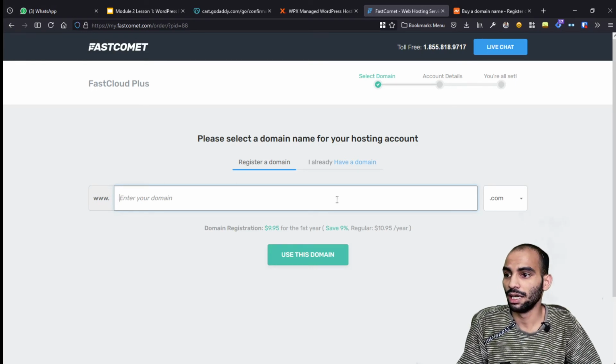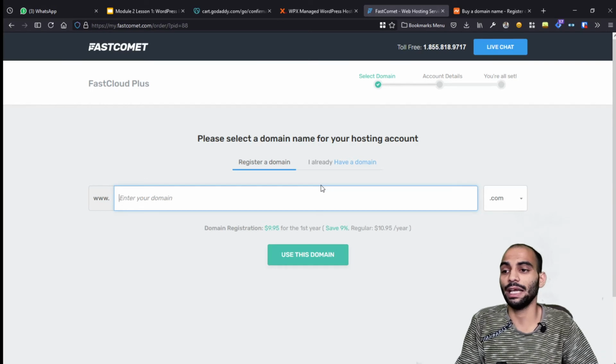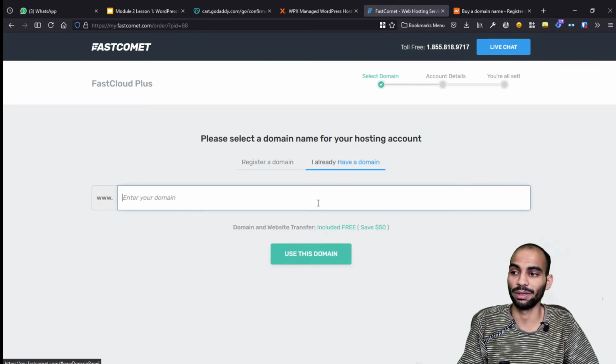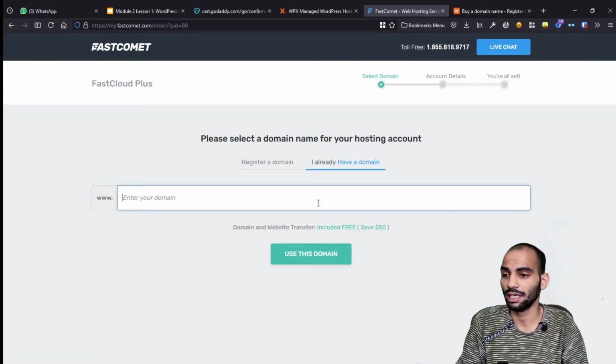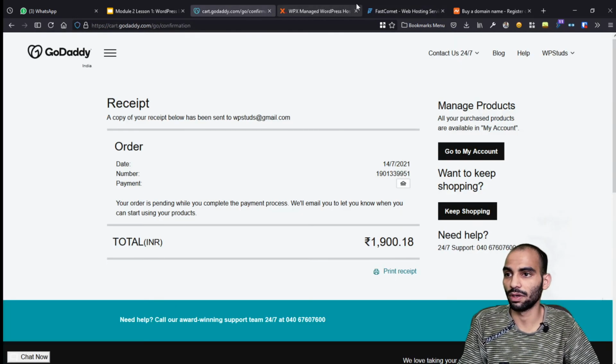A lot of hosting providers will also give you the option to buy the domain name from them. If you want, you can buy the domain name there, but I prefer to buy a domain name from other places. If you type the domain name here, you have to type the same domain name that you bought.